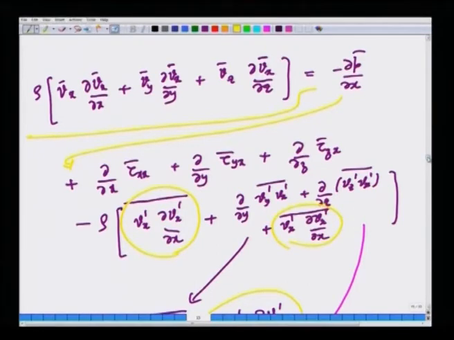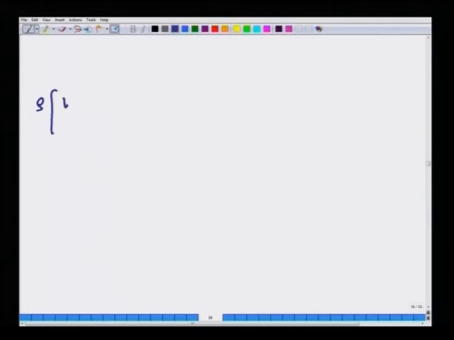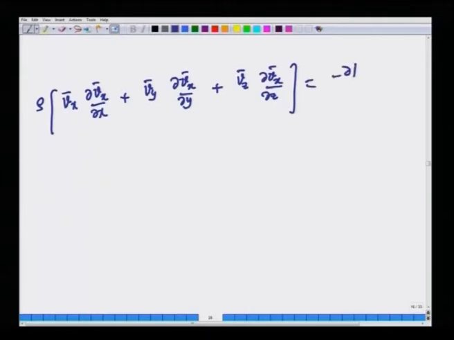So, I am going to put everything together now. The left side of the time average Navier-Stokes equations will become rho times V x bar partial V x bar by partial x plus V y bar partial V x bar by partial y plus V z bar partial V x bar by partial z, is equal to minus partial P bar by partial x, and I am continuing here: partial by partial x of tau bar x x plus partial by partial y tau bar y x plus partial by partial z tau bar z x